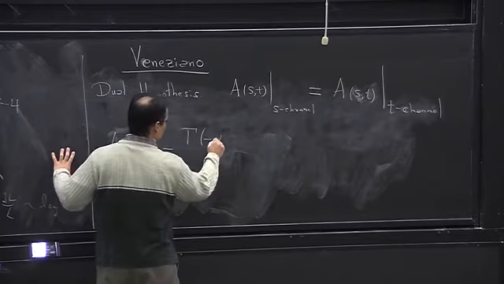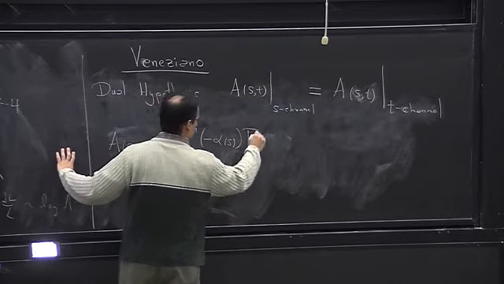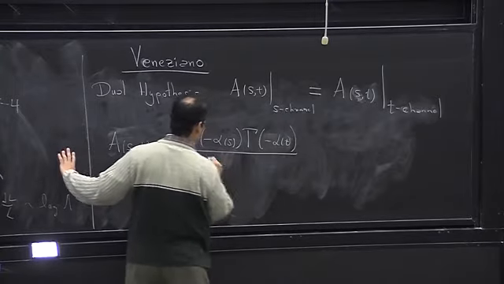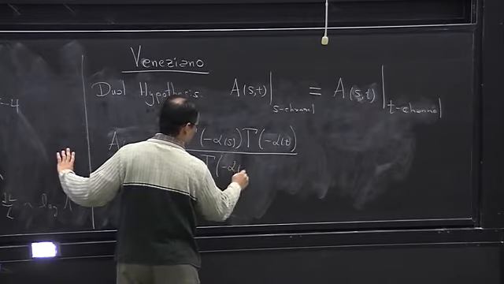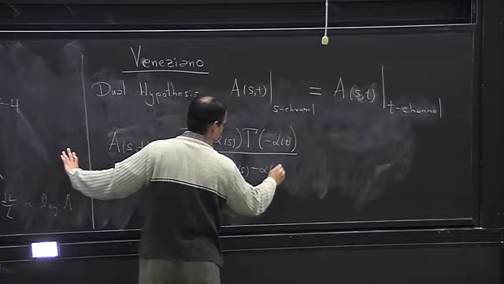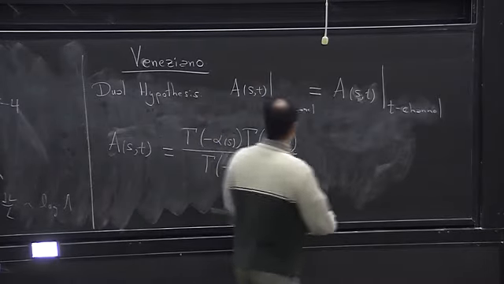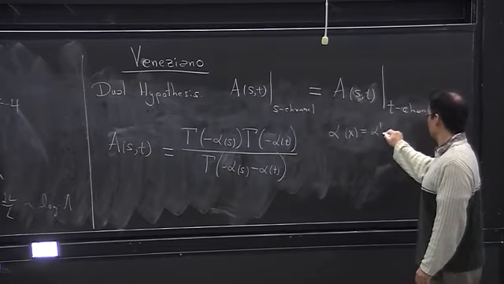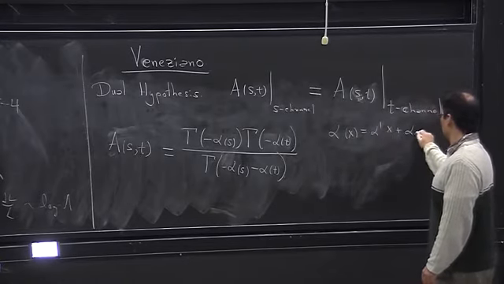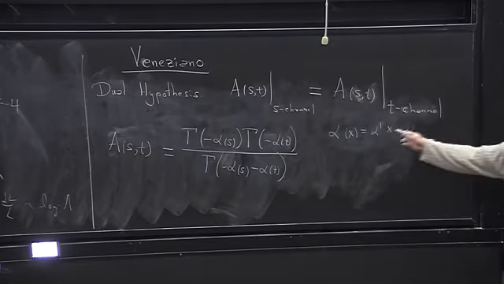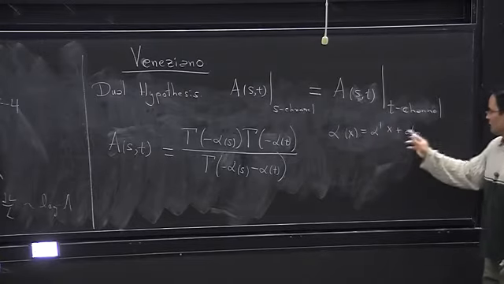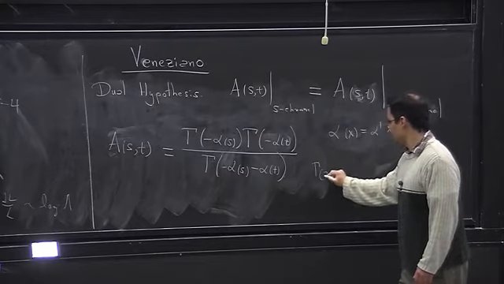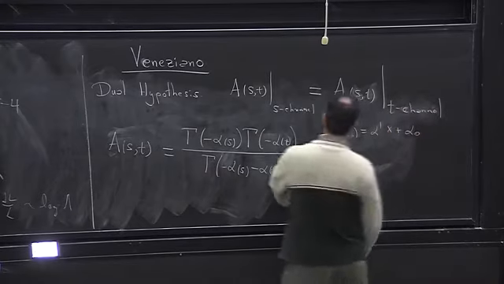And Veneziano wrote it down. Where alpha is alpha prime times the variable plus some constant, and gamma is a gamma function,